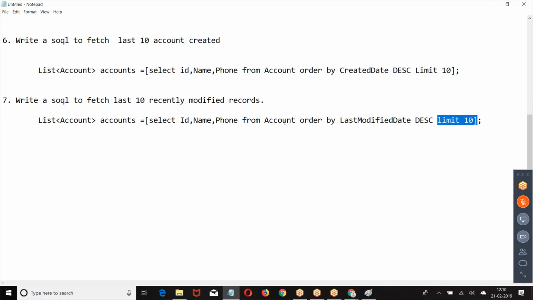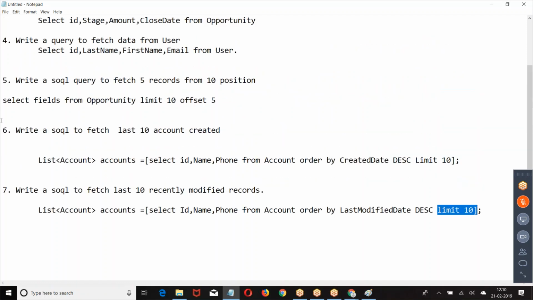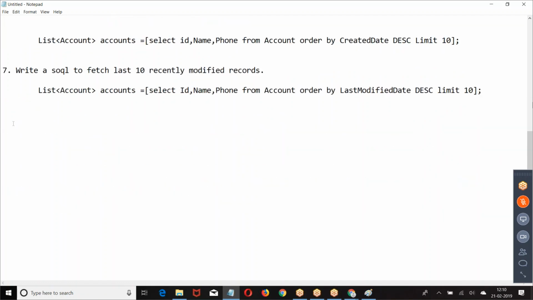So if you want to get the data based on created date, or based on modified date, or based on recently viewed, last viewed date, get me the records according to the order of last viewed date. There is a field called last viewed date. I just want to convey that field name. Okay, boss. Next. Was that clear for everyone? Now let us make some quick use cases here.